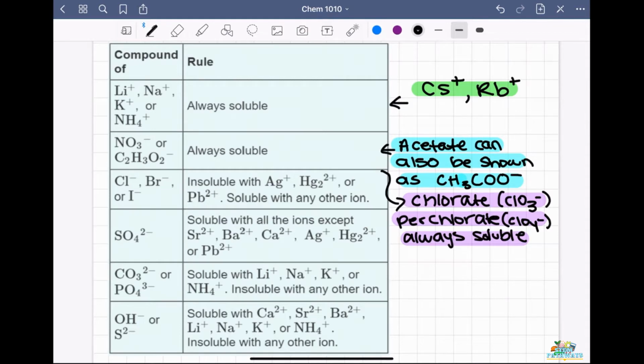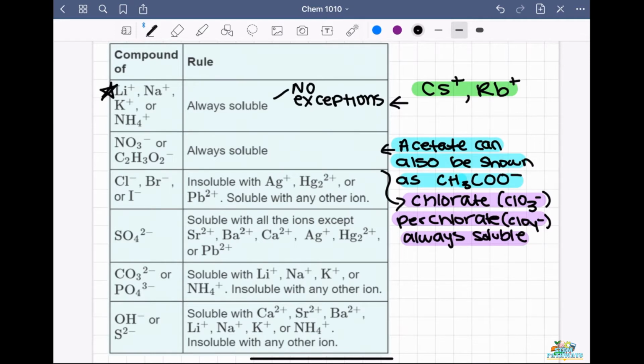based on their priority. So our first rule, we have alkali metals such as lithium, sodium, and potassium, as well as cesium and rubidium, which I included here on the right. And we also have ammonium, which are going to always be soluble no matter what. So always soluble just means that there's no exceptions. So this rule's first because it's one of the most important rules and it's always going to override any of